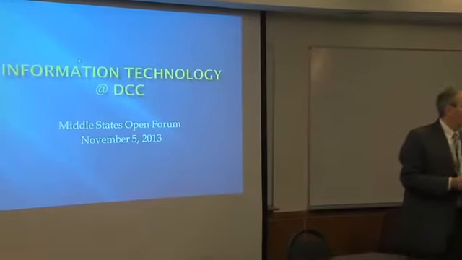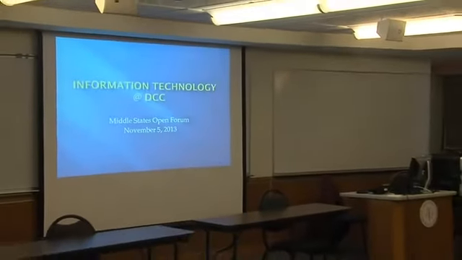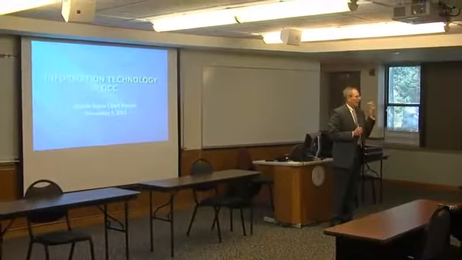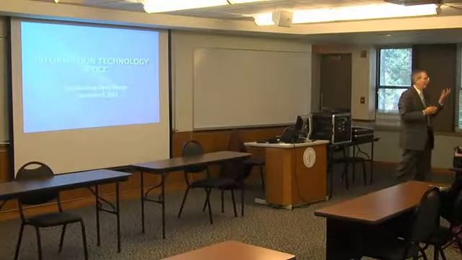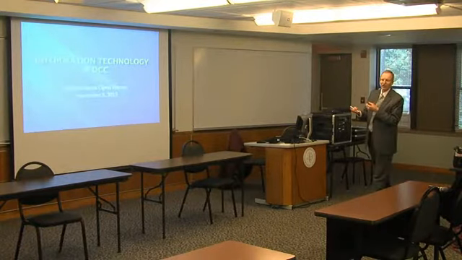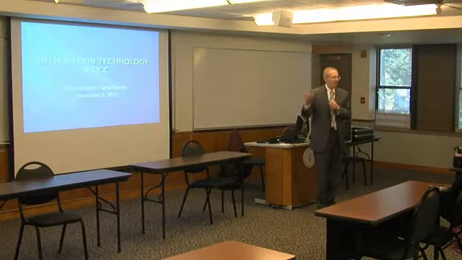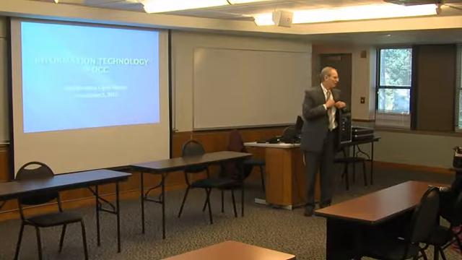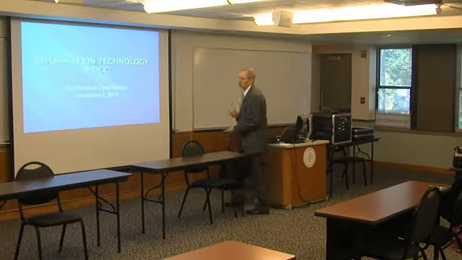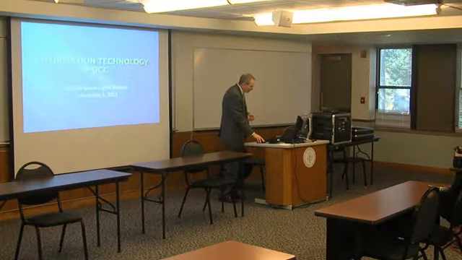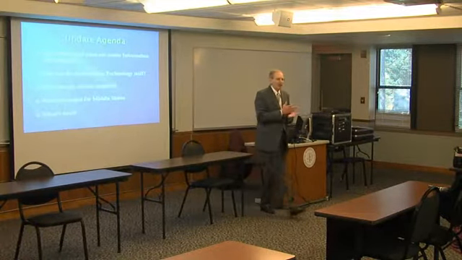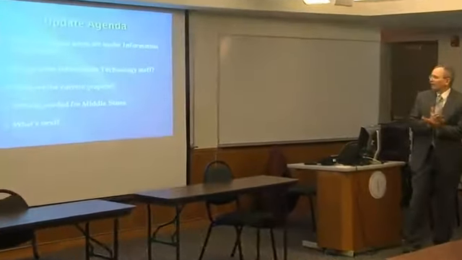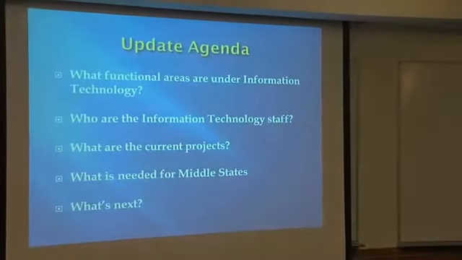One of the things in this one falls into actually a couple different standards, and that's information technology. It falls under standards, in terms of planning, which is 2. It falls under 3, which is allocation of resources. And it also falls under 5. There's another piece under 5 that talks a little bit about how resources are allocated, and are the resources sufficient to support the things that are going on. So what I'd like to do today is to give an update on where we are with information technology at Dutchess. I'm going to focus on 5 kind of questions or statements that I want to look at.